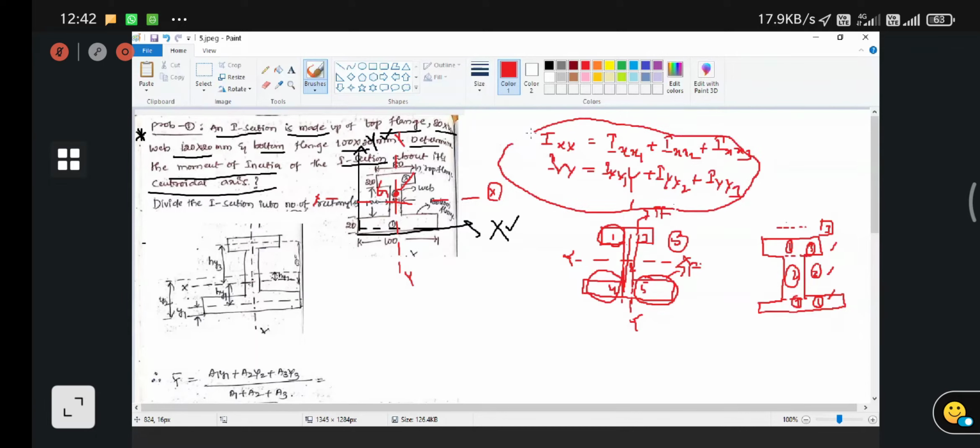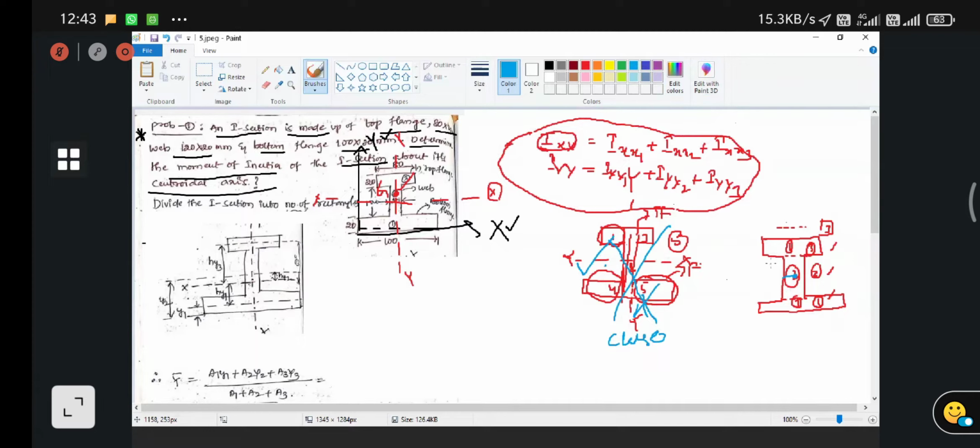But you have to observe very clearly the centroid of this particular I section. See here, this is wrong. It means it is not wrong, it is correct only. The computation procedure will be large, so we are not going to select that here. Even if you solve the problem for five sections, you are going to get the same value for the moment of inertia about the central axes, x and y.